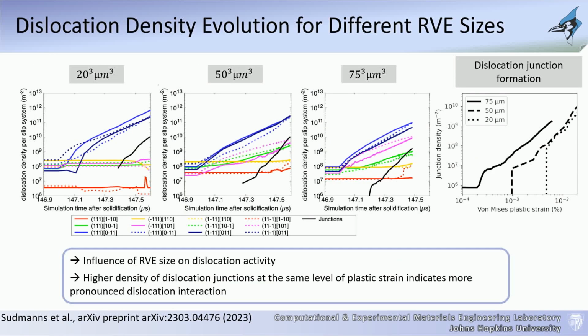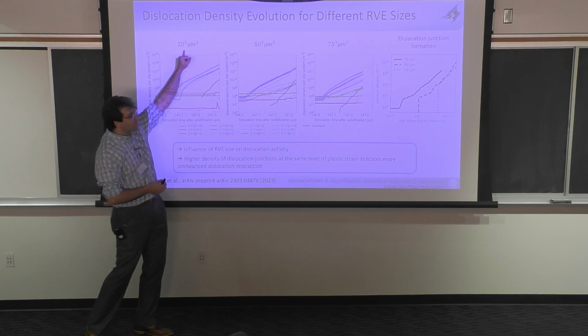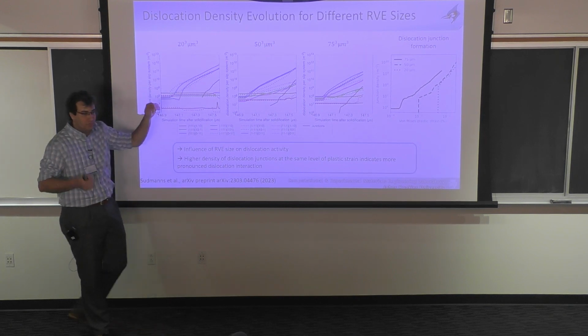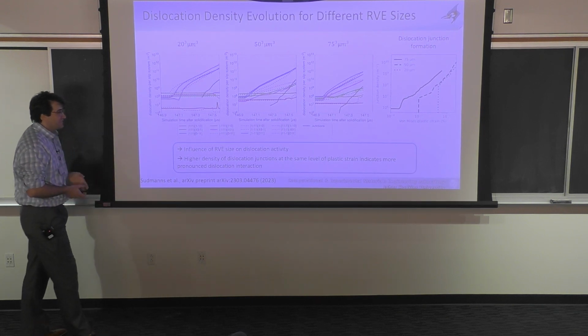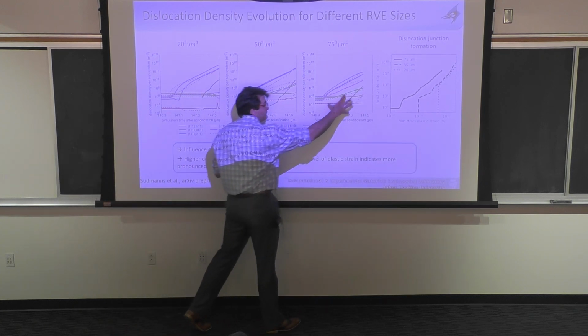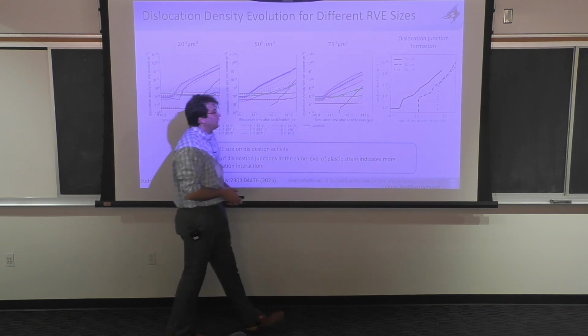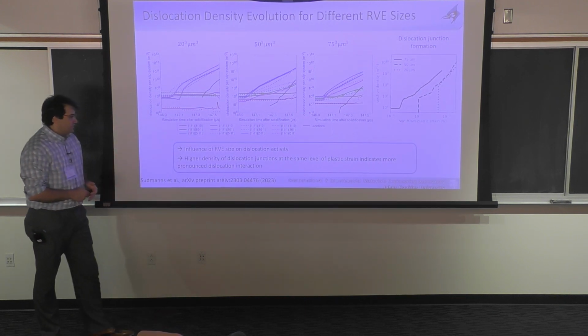So, okay, that's great. That gives us a big red flashing light: even with these huge simulations, which are huge for the discrete dislocation dynamics community, where 20 microns is huge, if you start with what you think are physical initial dislocation densities, we're clearly not going to build the dislocation structure the way we think it should happen. Thus we really have to use a more representative volume element, which we think is closer to this range of length scale for these calculations. So there's a significant influence of the RVE.